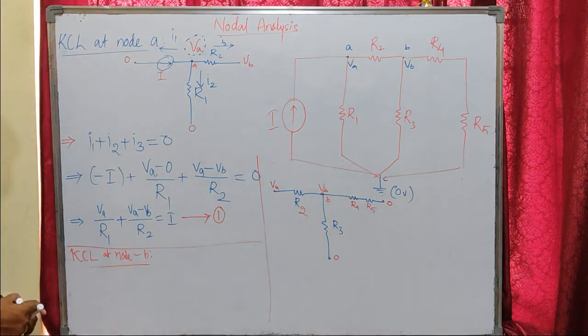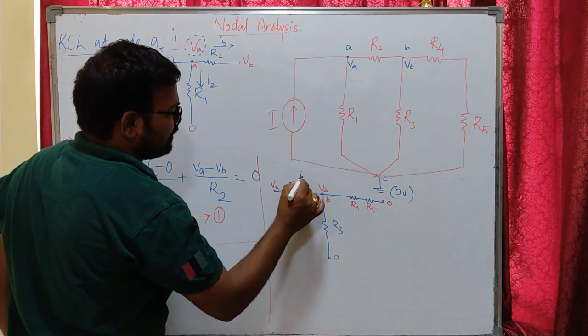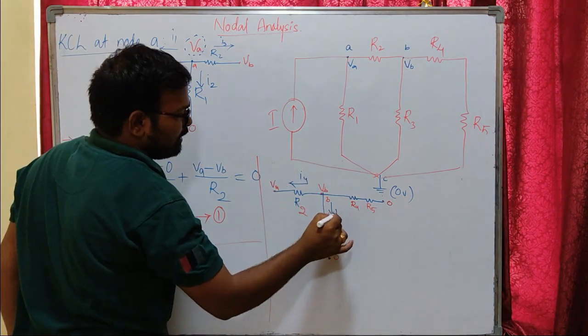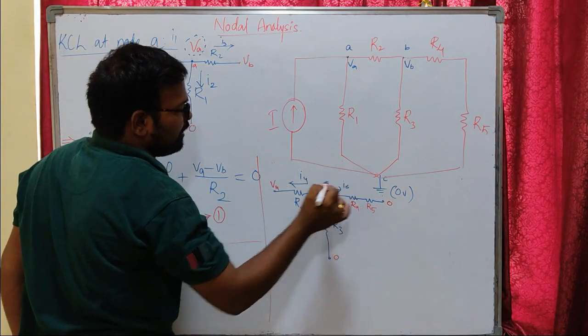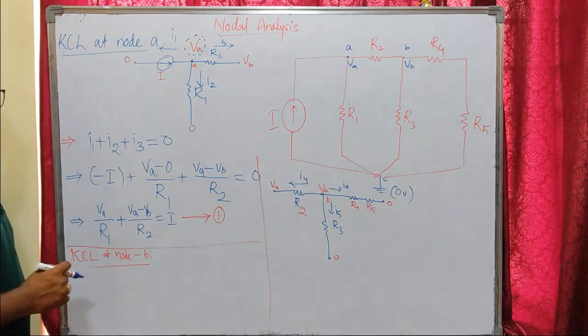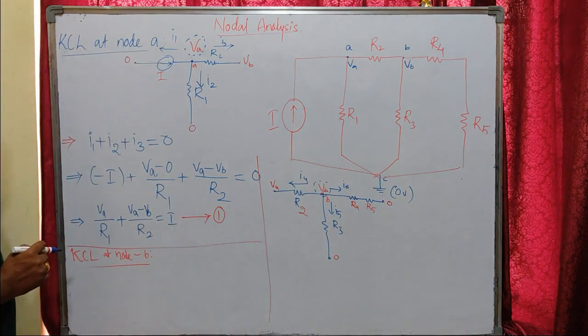Okay, so I am going to write the KCL here. Let us assume currents should leave VB here. So we have assumed up to I3. So I am going to consider this as I4, this as I5, this as I6. The node where we are going to apply KCL is considered to have higher potential compared to any other potential. That is the nodal analysis concept.